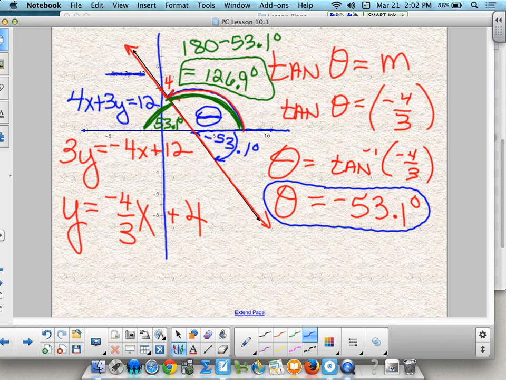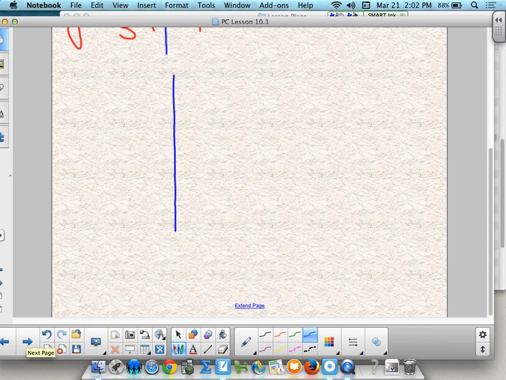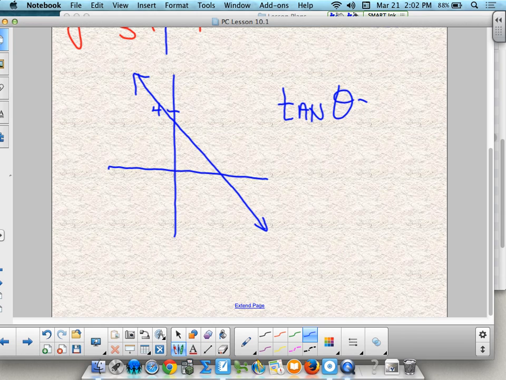Just a quick shot at this same line. Remember, I crossed at 4. It goes down like this. Now, if you did this in radians, here's that slope again, negative 4/3. If you did it in radians, the answer is negative, one second here. It's negative